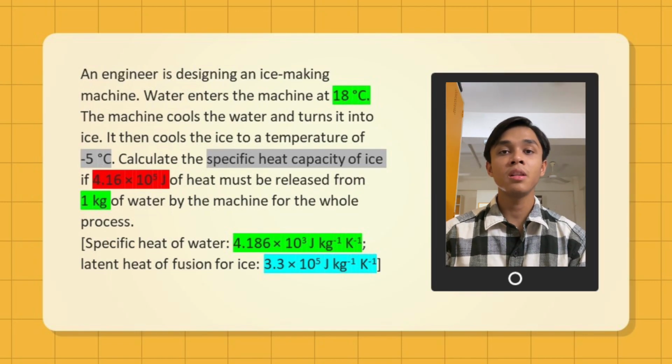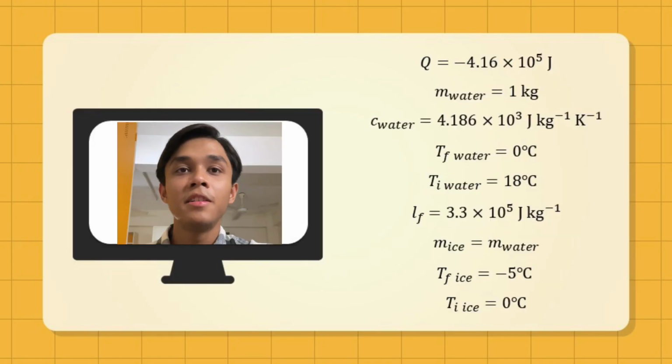Given specific heat of water is 4.186 times 10 power of 3 joule kilogram power of -1 Kelvin power of -1. Latent heat of fusion for ice is 3.3 times 10 power of 5 joule kilogram power of -1 Kelvin power of -1. The first thing that we must do to solve this question is by extracting the information given